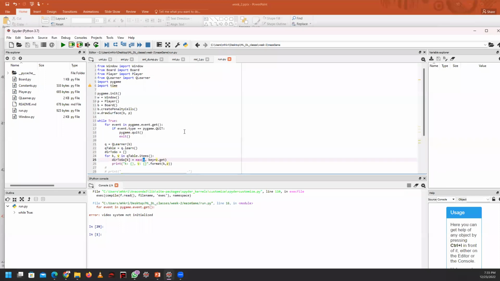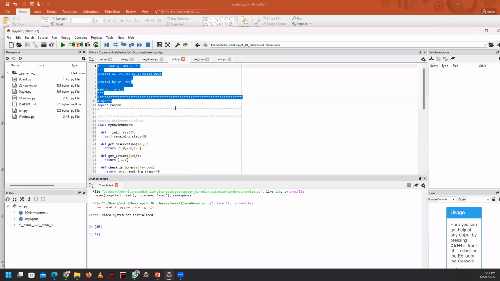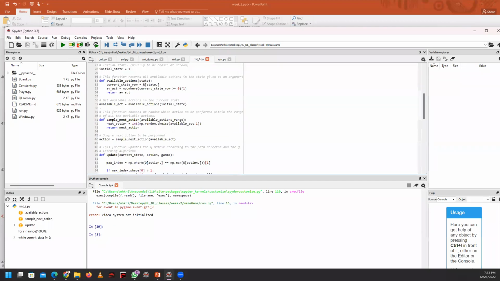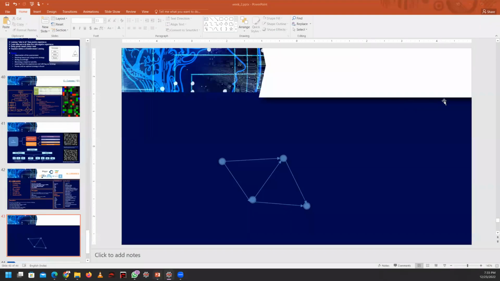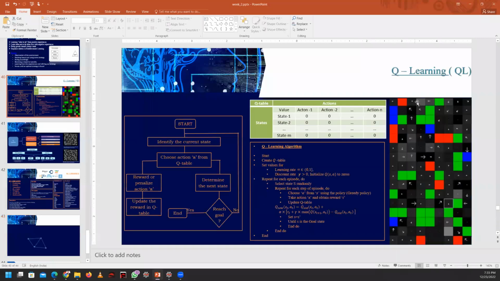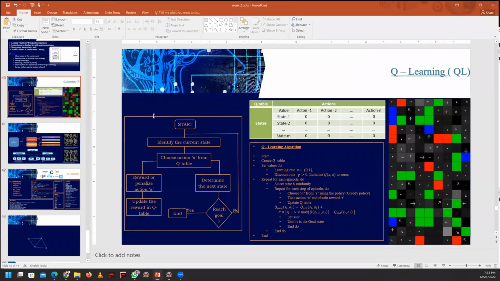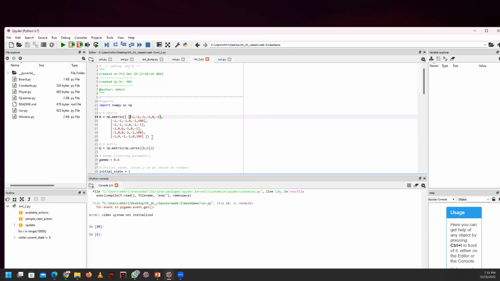For example, let me quickly go here. Here we have something like this in our presentation. So here it is 0, 0, 0, 1. Like this, we have a 2-dimensional table, right? Using a 2-dimensional matrix, we can represent the same thing. To represent this entire environment, we can use this kind of matrix. See here, some -1, 0. We have to represent each and everything using values inside this kind of matrix.